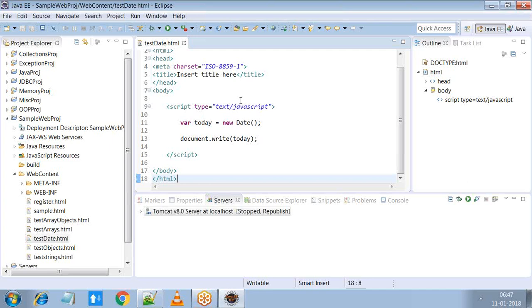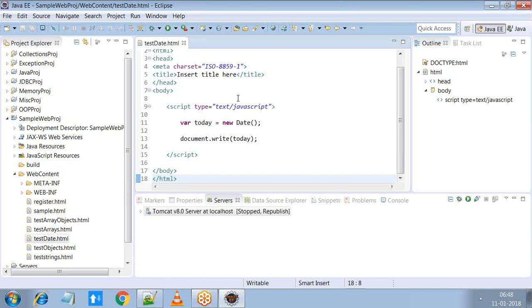So next, for example, what if I want to read the year details, month details, something like that? Is it possible? Yes, it is possible. We have methods for that. But you see, as of now, we are reading only